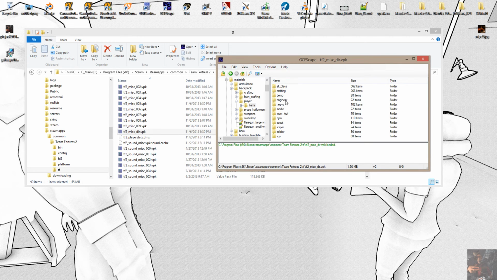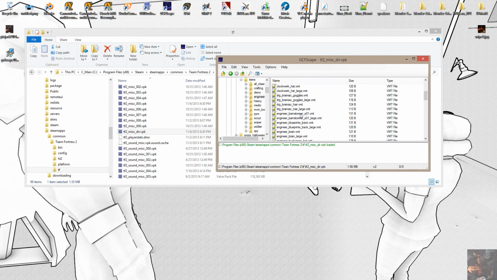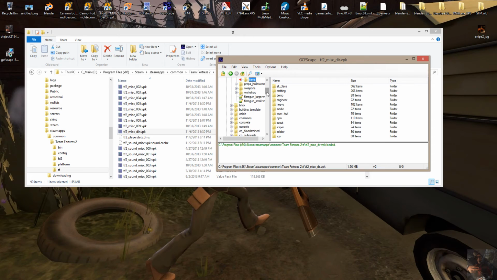Okay, there are no VTF files in this particular folder whatsoever, and you need both the VMT and the VTF in order for the materials to work. Okay, now that I have everybody confused,